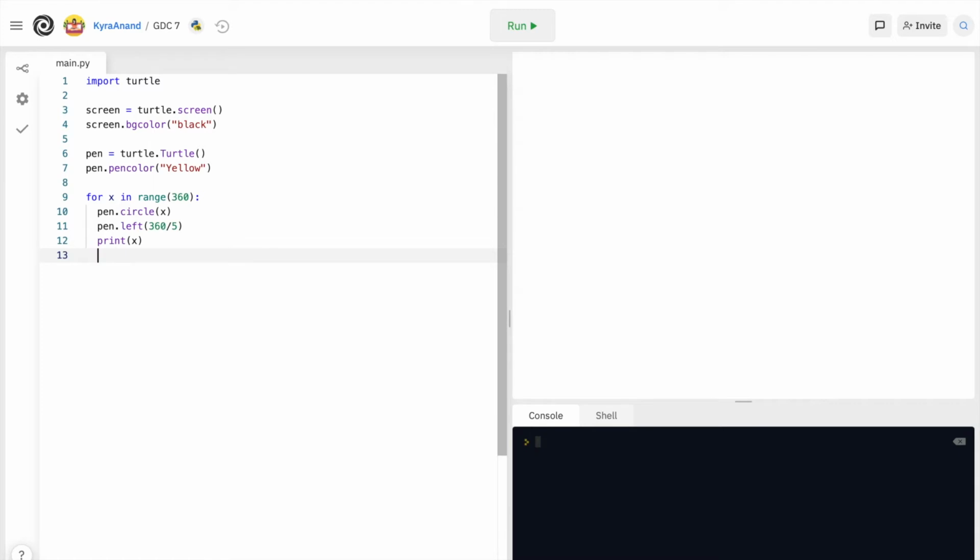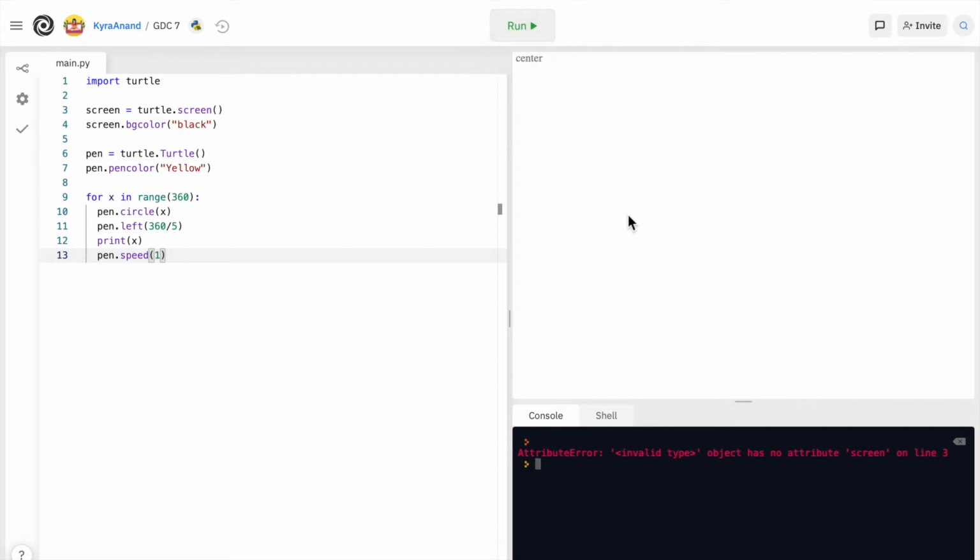And what I'm going to do is teach you something called speed. Speed, as you know, the normal English dictionary word, is to make something go fast. It's like the speed of a person. He was fast, he was slow. So in Python, it's actually very strange. If you want to make the speed super fast, it would be 0. If you want to make it slow, you can make it 10. Like, let me show you. Pen dot speed, if I put 1,